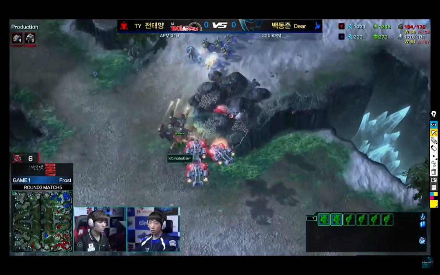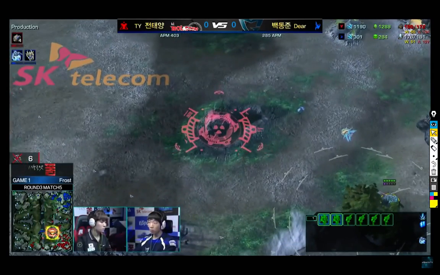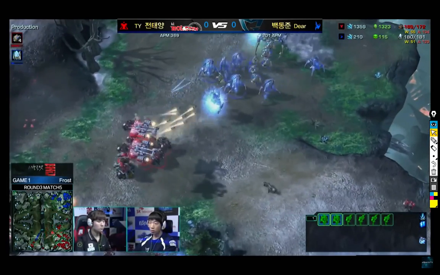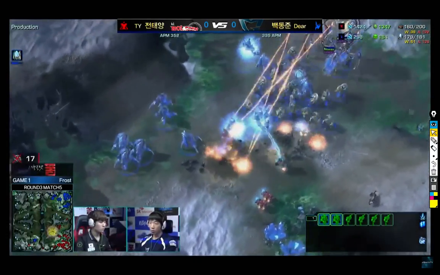Deer loses 1 base, and he's able to kill 1 base of TY's though. Deer is able to deny 1 base of TY's. Now Deer is able to deny this 5th base because it's just so hard to defend the 5th base here, and TY loses a lot of stuff. However,